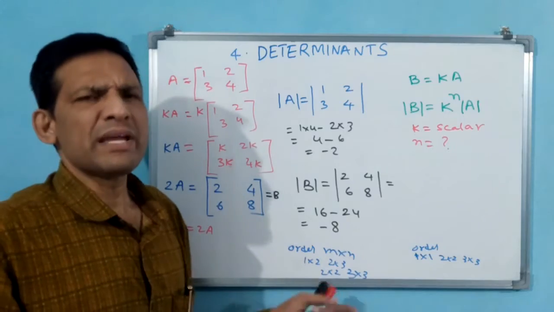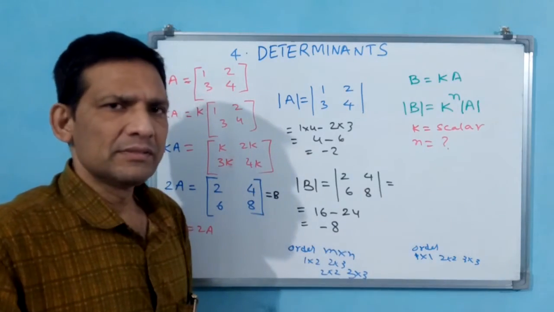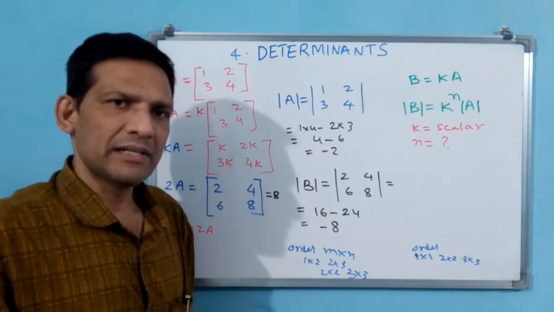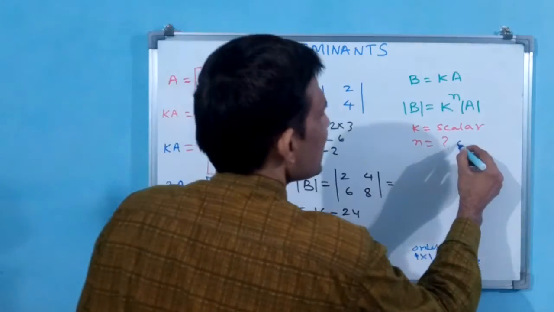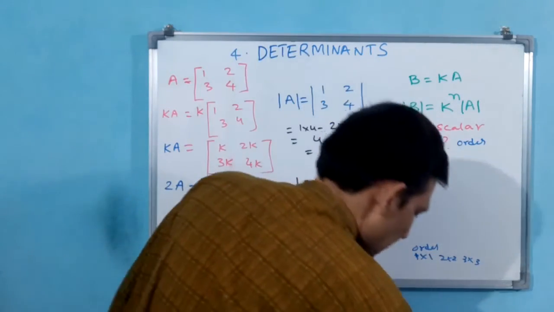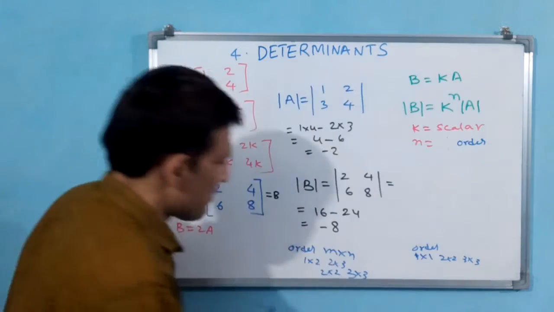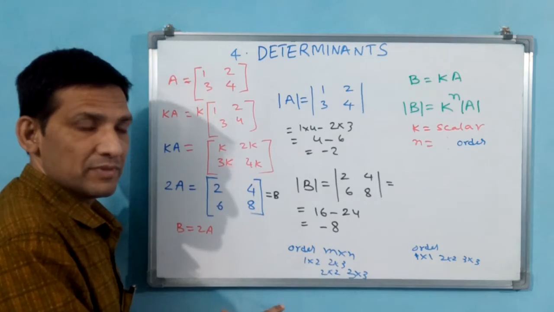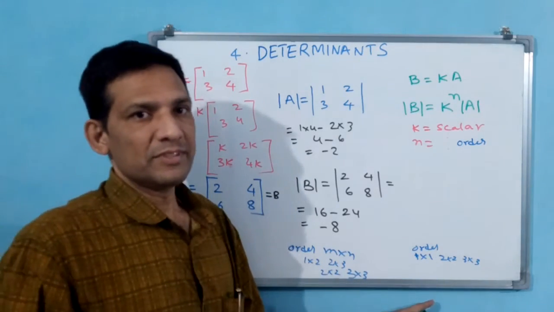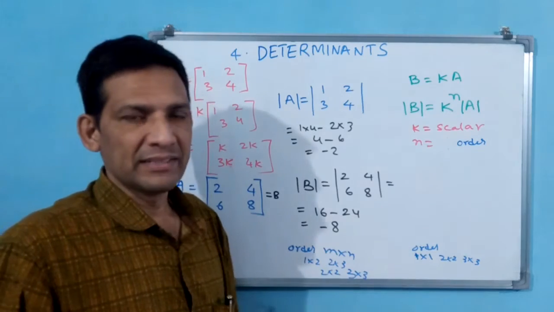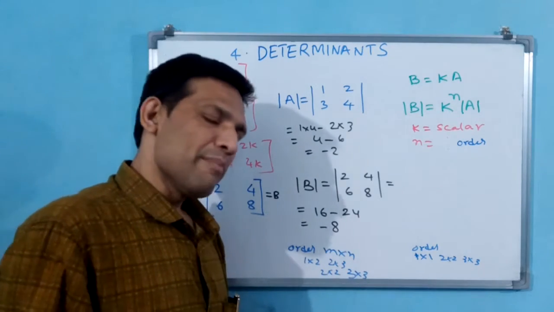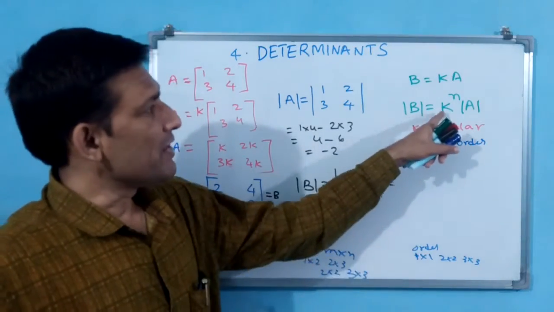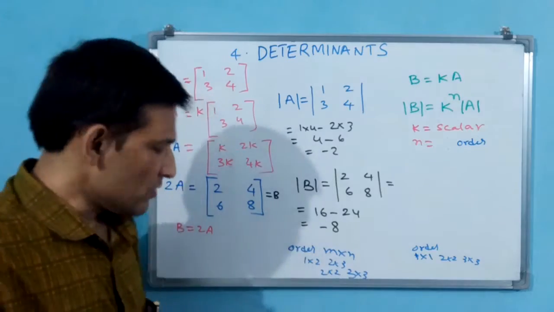Then why do we call it m by n again? We call only 1. Order 1 means 1 by 1. Order 2 means 2 by 2. Order 3 means 3 by 3. That's all. Here n is the order. Unlike a matrix, in a matrix the order is m by n. Why? Because here both may be different or the same. But here both are the same. That is why you need not keep m by n, or n by n. You keep only n. n is the order. Now apply it for this.